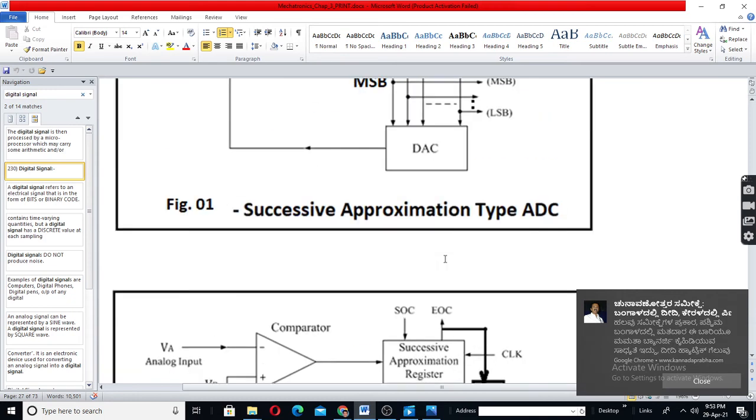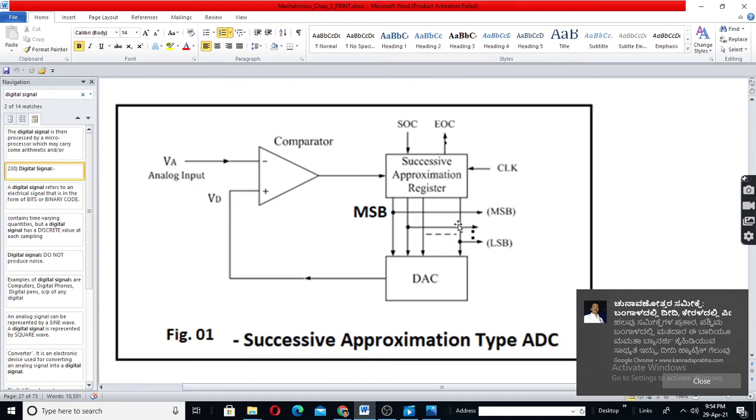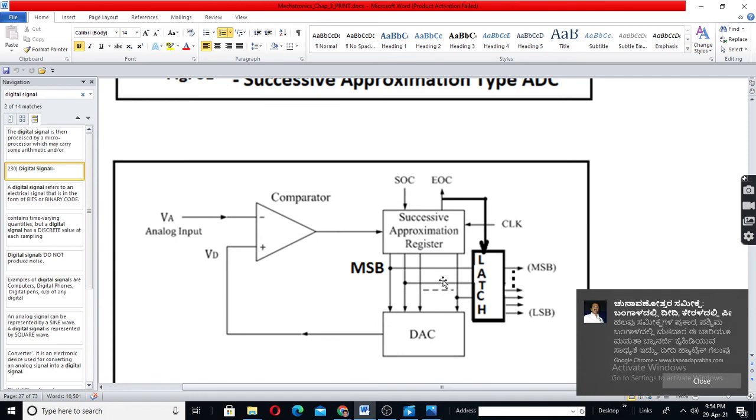See, this is the actual figure. The output is available here, but this will be continuously varying during the process: 100, 010, 011 and 010, like that.